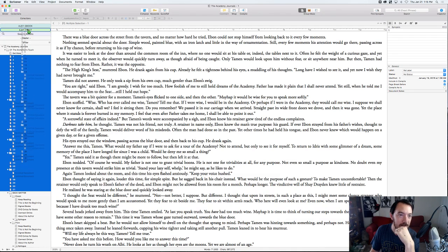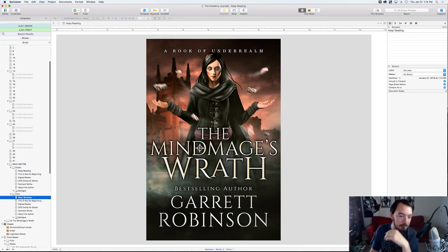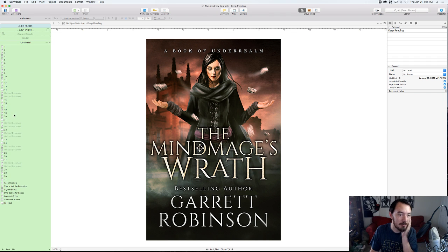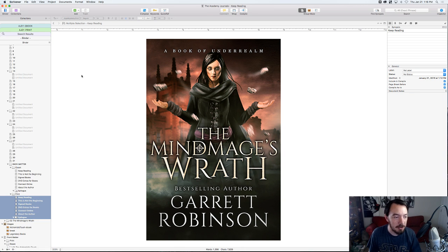Okay, so you drag those into your print collection, and then you select your print back matter here. All of that. There's nothing in epilogue, but we'll open it anyway. And you drag that into your print collection. So now if you look at your print collection, it's chapters 1 through 31, all of your back matter, and then your epilogue. Okay. So now we go to the compile window,